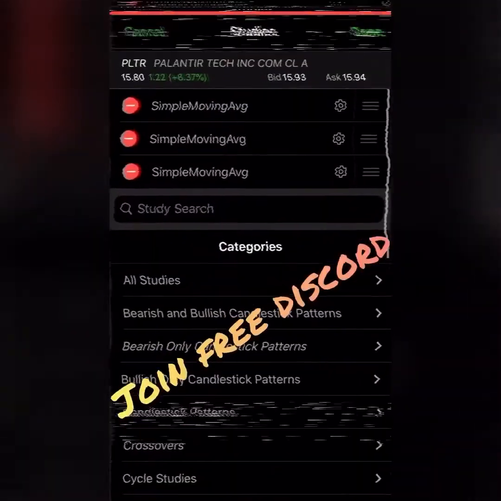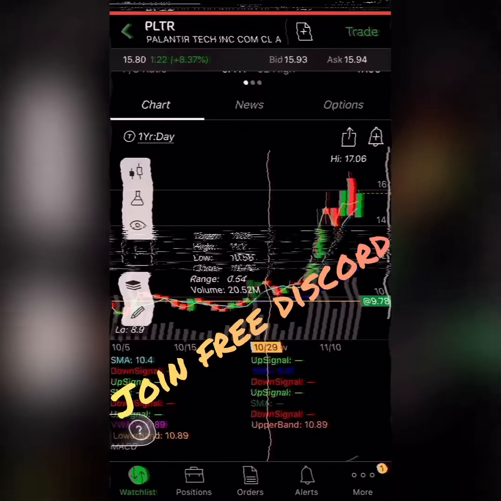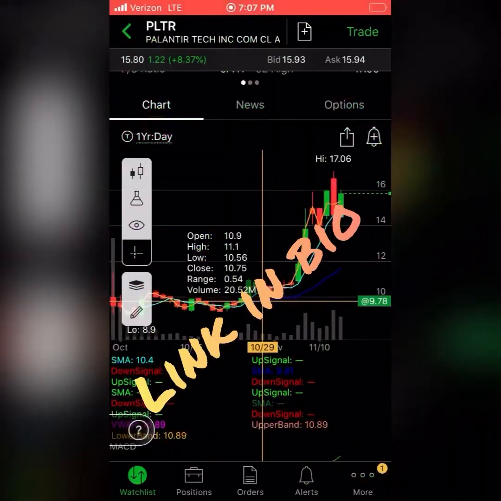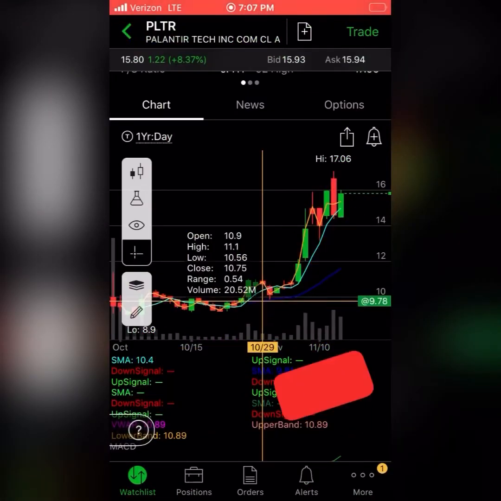All right, guys, we're gonna take a look at my technical setup that I've used that I find is very reliable. Remember, it is technical analysis. Nothing's 100% right all the time. I generally find it to be correct about 80% of the time, which even that is a stretch to say,